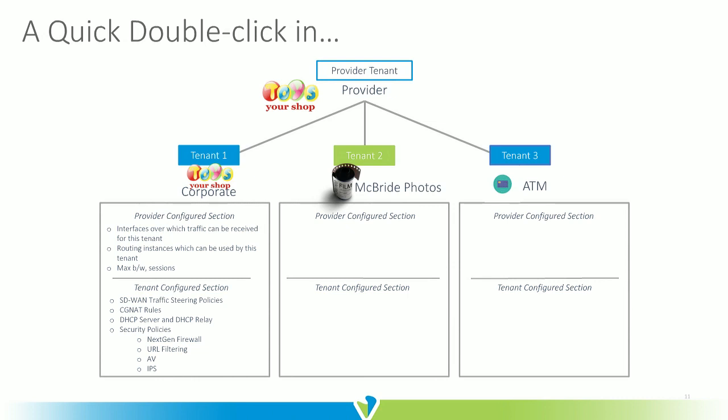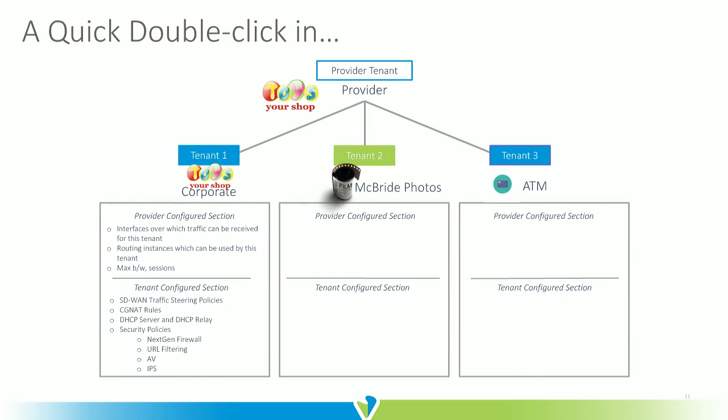But within there, you've got potentially a photo shop or a place to drop off some photos to get them printed. You've got ATM machines. You may have some food kiosks like a Pizza Hut or a Starbucks inside. And all of them potentially are tenants, and they're tenants to the actual My Toys Your Shop, who's the parent tenant here. And what we want to show is the method of segmentation as it relates to tenancy and